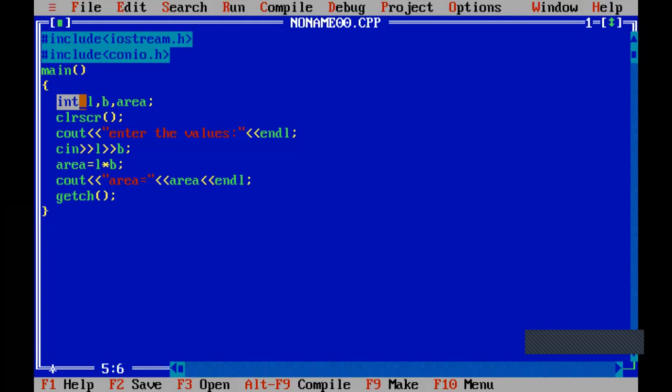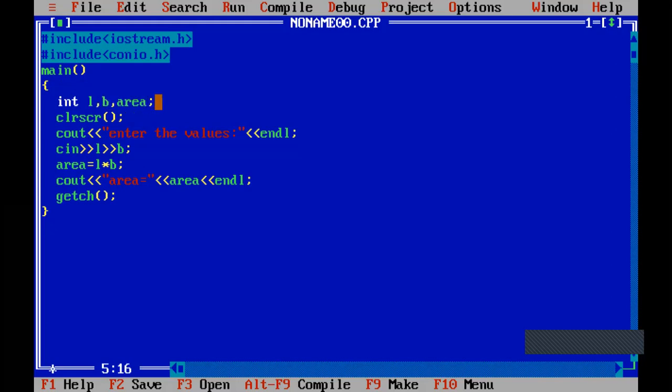That has to be specified beforehand; you have to decide what type of data you want to give. Suppose I want to give a decimal value, then I have to write it as float. It is a floating point number, meaning decimal values. For that, I'm writing float, because I'm giving decimal values. Now, if I want to give only integer values, then it is int. So the variable declaration syntax goes as data type and variable list. Any number of variables can be given.